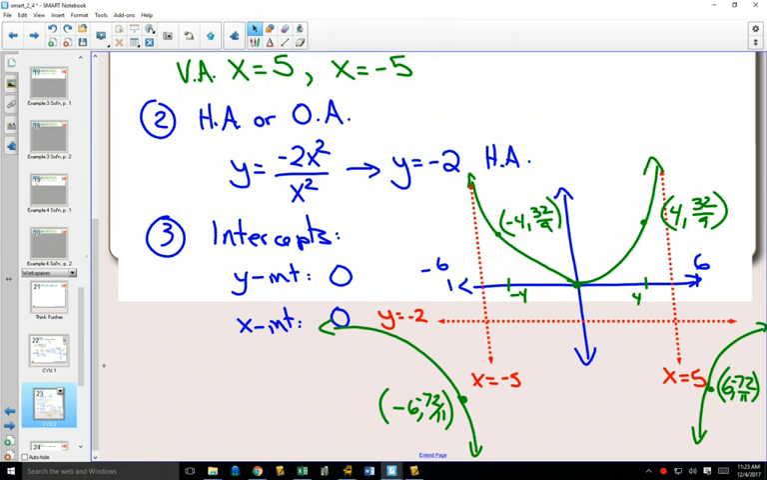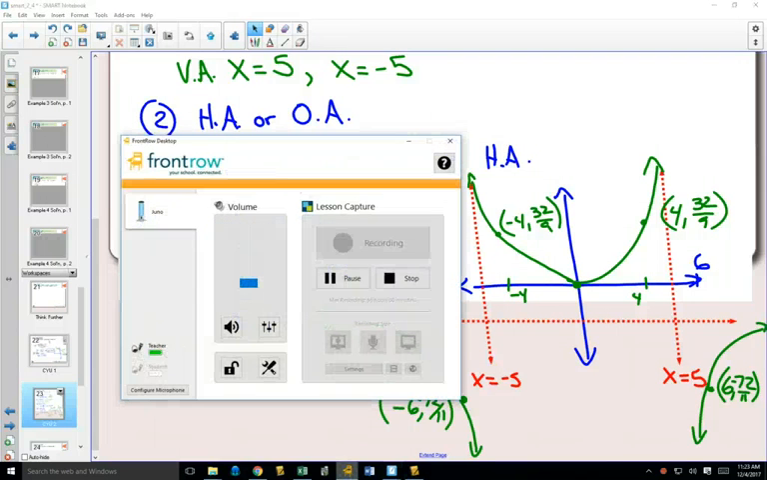Okay, the question for this one is number 4. Again, the last one was number 3. This one's number 4. Next one's going to be number